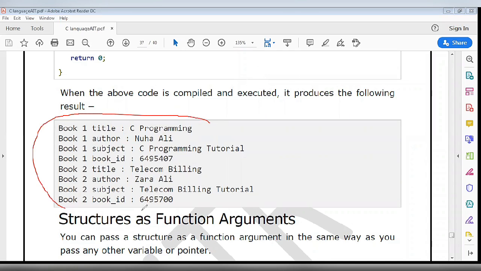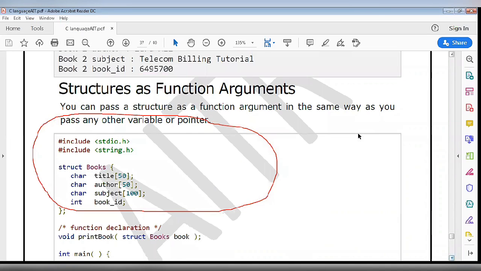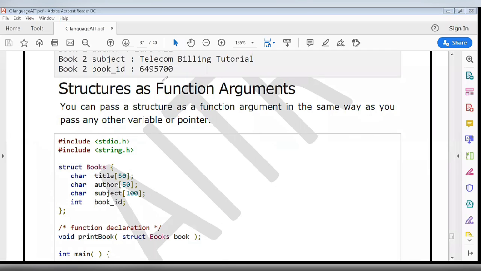Now we proceed further. Now we will discuss how we can pass a structure into a function. Here we need to understand how we can pass the structure into the function.